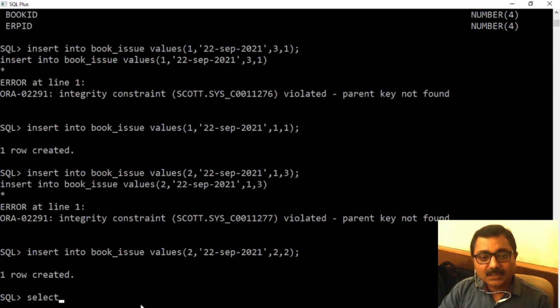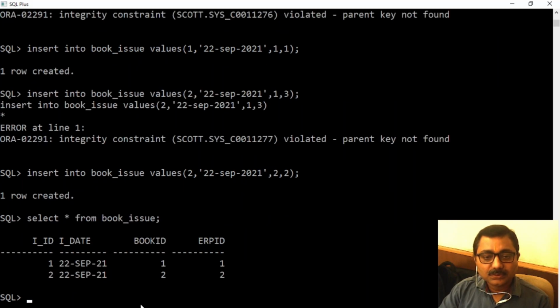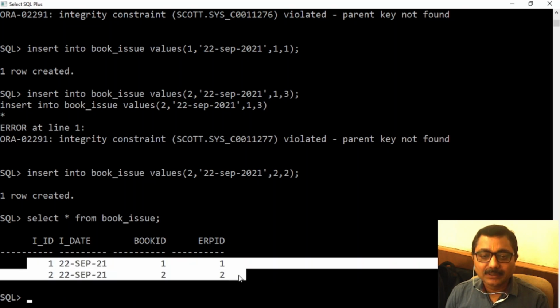So I am going to issue book number 2 to student number 2, which is valid. So let's see the records. Select star from book underscore issue. This is perfectly fine. Now let's do one more thing. Let's try to delete records from any of the master tables for which a corresponding record is available in the detail table.